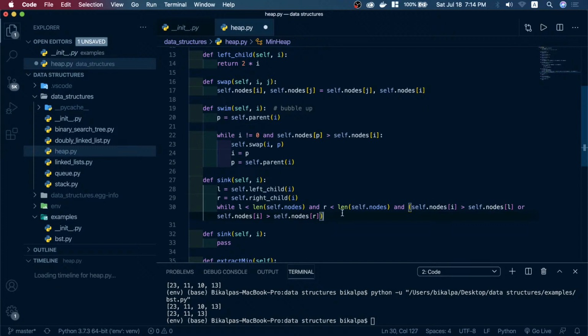In both cases the heap invariant property is violated, and in that case what I want to do is